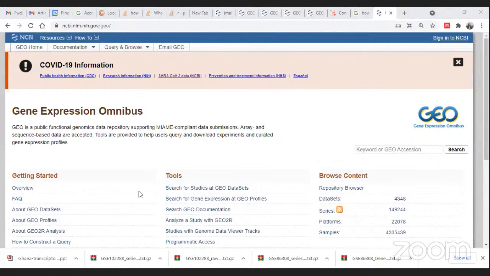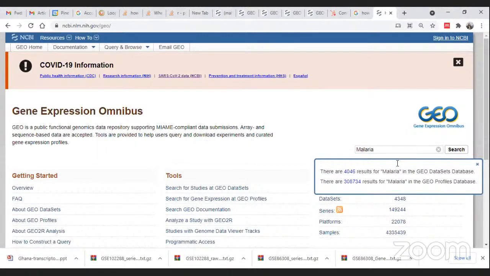Okay. So here, for example, if you are interested in malaria or some infectious disease like COVID-19, first you need to create your query. For example, here I am searching for malaria. So I just created my query directly, malaria. Once I created that, I will get this link. First I need to click on this number, nearly 4046. If I click on this number,